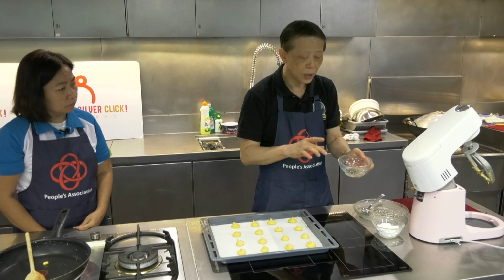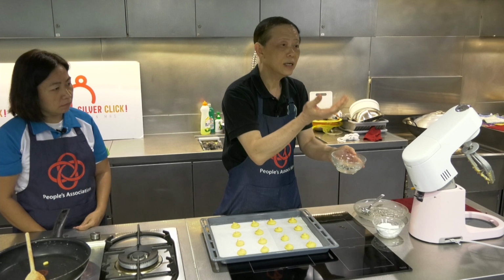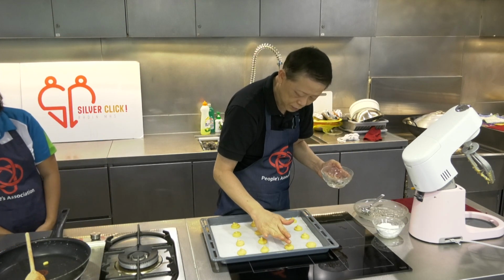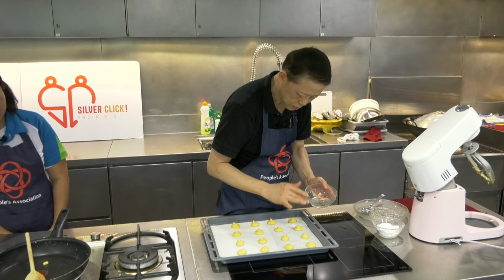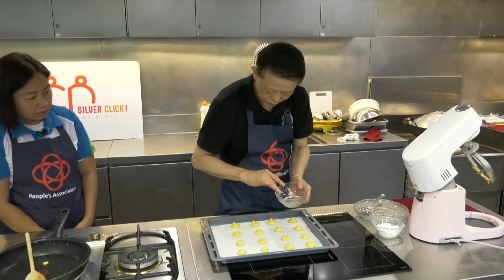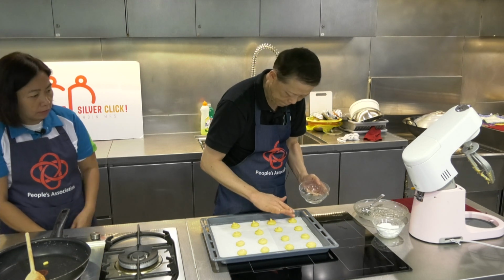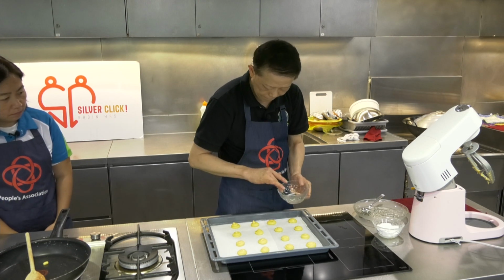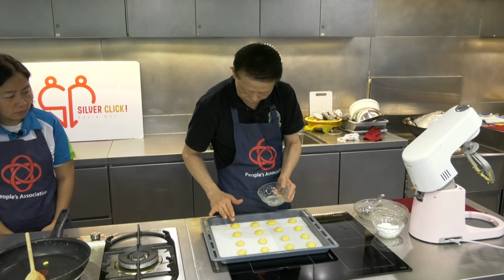That's why I say your hand is always very important. Wash it every time you do. So what you need to do is take a glass of water. Okay, use your hand, dip in the water, and just press the top. OK，这样稍微按一下，然后它就平了，就比较圆了，比较可爱的。哦。这样一做就有16个。